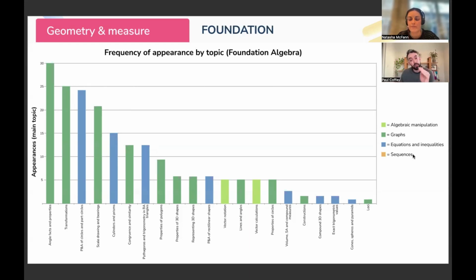Now, as we start to go down, there's quite a steep drop off here. So there's these topics like vector notation and vector calculations. They have come up, but they don't come up that frequently. So we might want to bear that in mind if we're prioritizing. Things like perimeter, area, and volume are heavily problem-solving based at this level. So it's often based in a real life context and it's often abstract. So it's not enough for our students to be good at finding the perimeter of something. We have to get them good at that, and then we have to move them on to a more applied